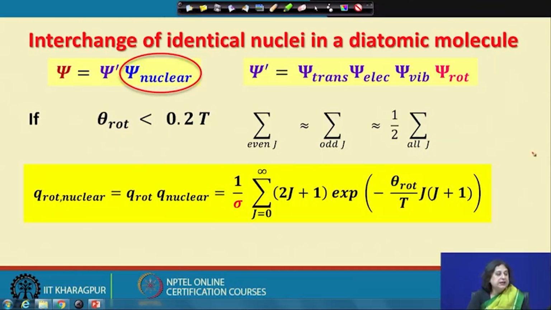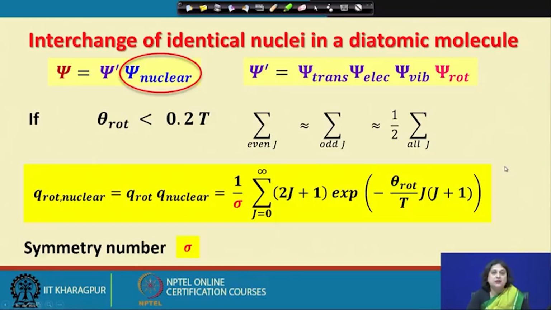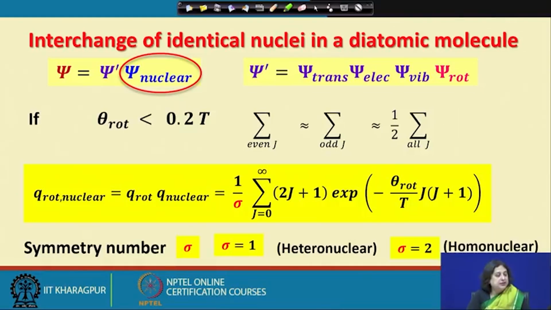And in this case, we have introduced a new factor sigma. So, what is this factor sigma? This factor sigma is called the symmetry number, and obviously this is equal to 1 when I have a heteronuclear system, and this is equal to 2 when I have a homonuclear